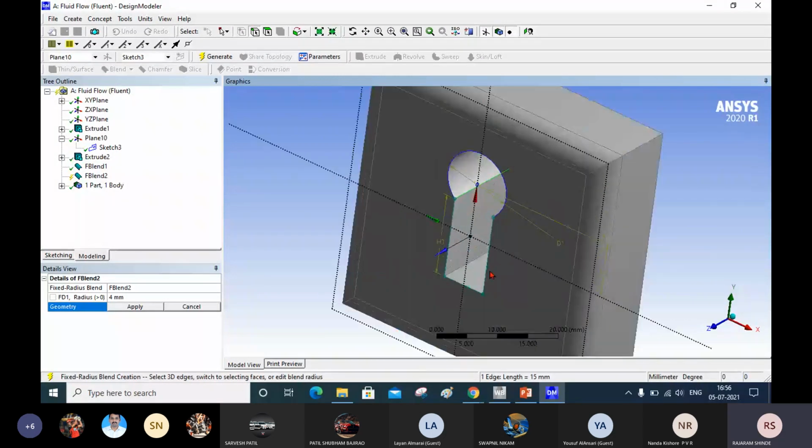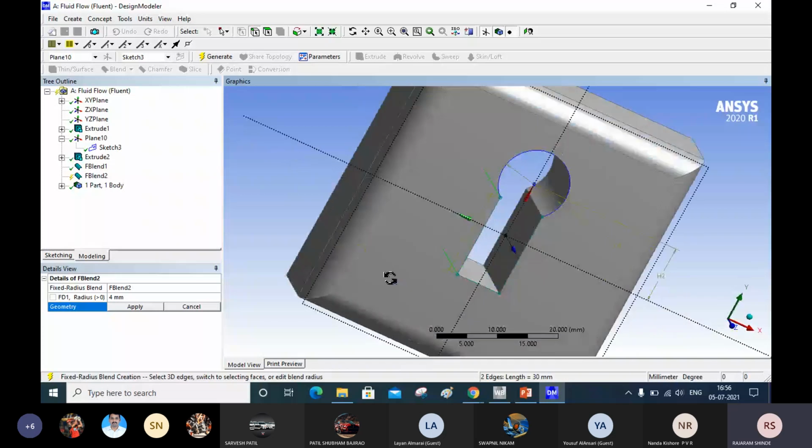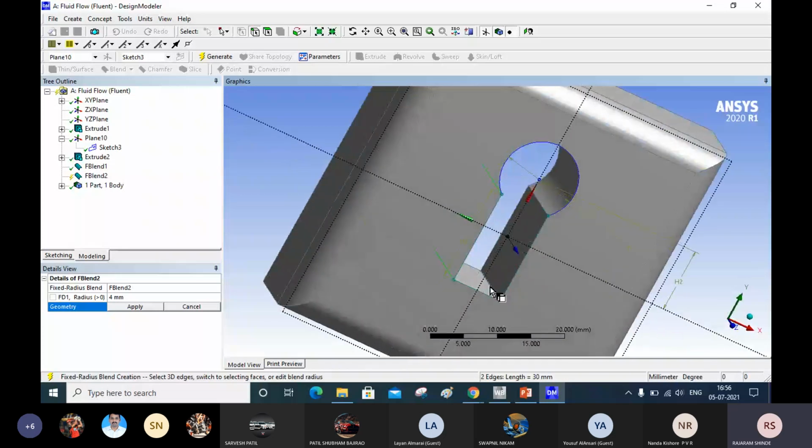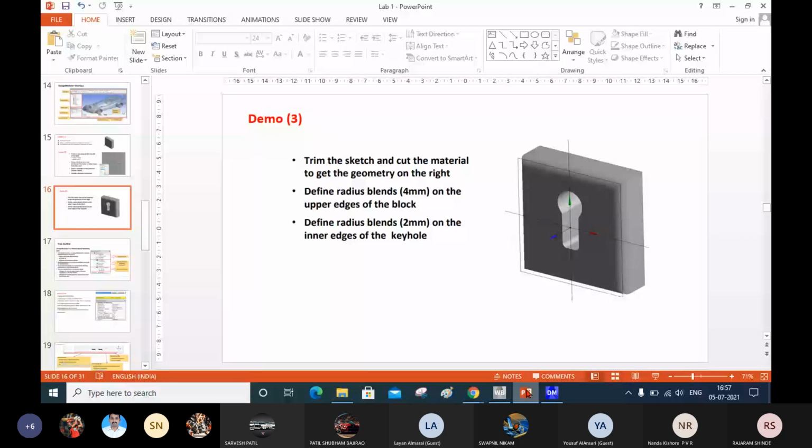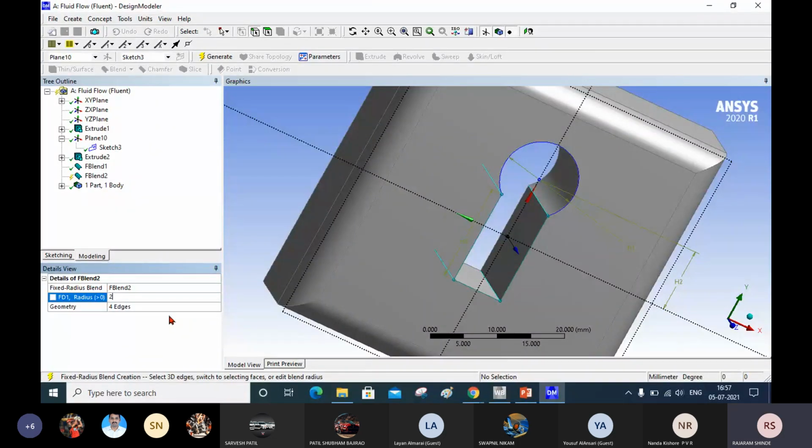Now I have to select this edge, select this third edge and fourth edge. Click on apply button. Now here you change the radius, and that radius is 2 millimeter. Now after that you generate it. You can get this type of shape.